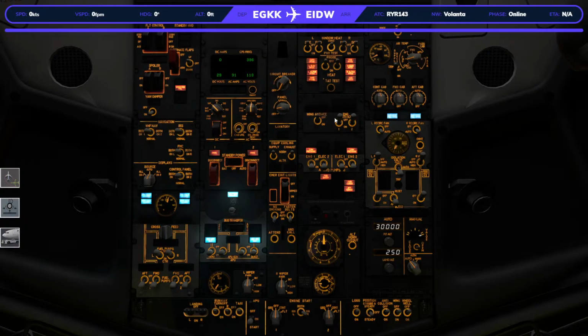Window heat can go on now, so that is this one here. And that looks good as well. Probe heat is off right now. This looks good as well. Anti-ice, no icing expected. Hydraulics panel, so